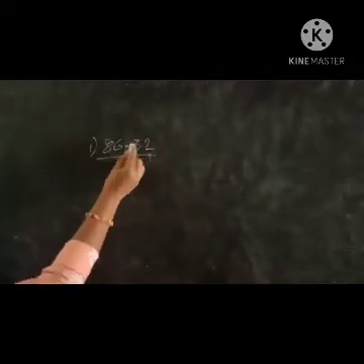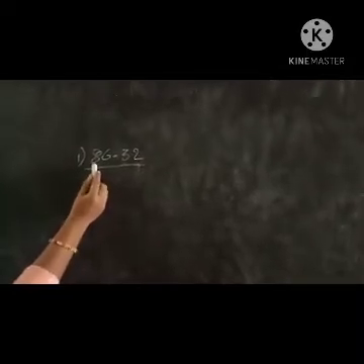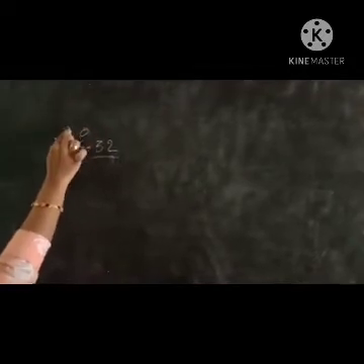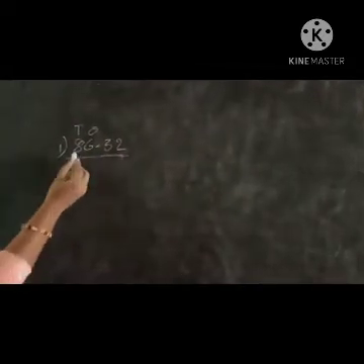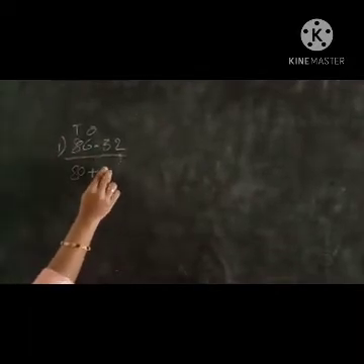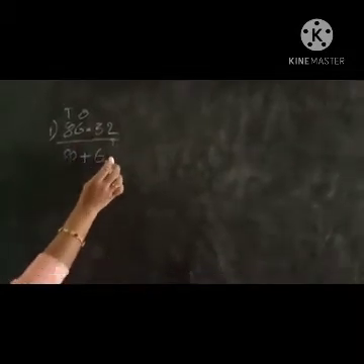86.32. See, here 86 is there, no? 86 we write in normal expanded form. This is in ones place and this is in tens place. Like this only we have to write. Tens place means how we will write? 80 plus. Ones place means just we have to write the 6. Again here the decimal point is there, no need to indicate this point.